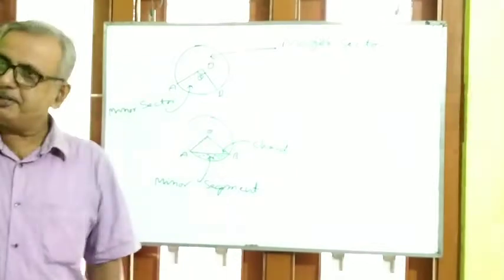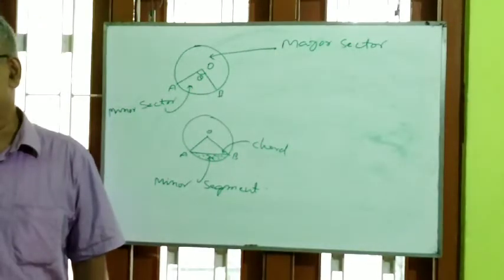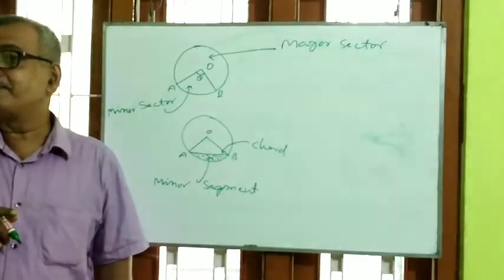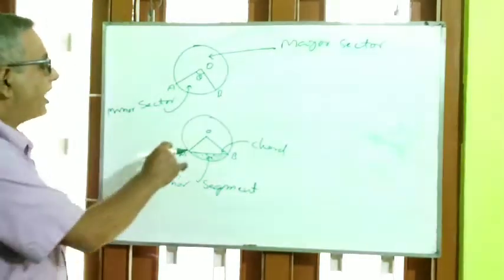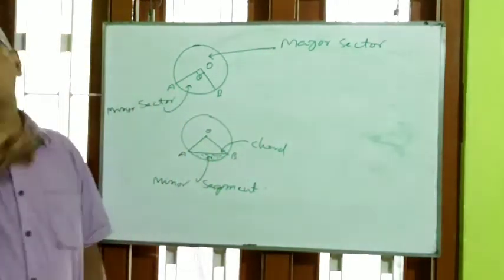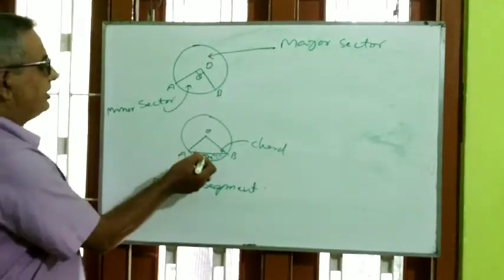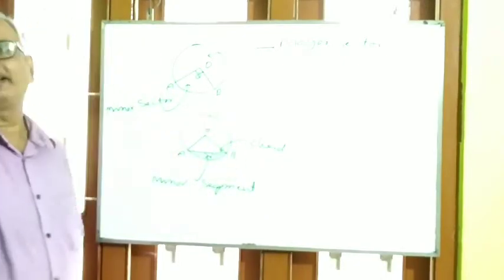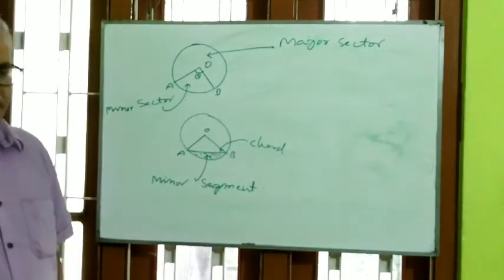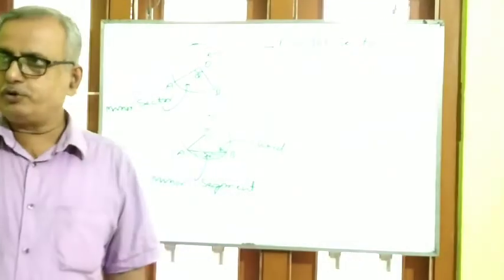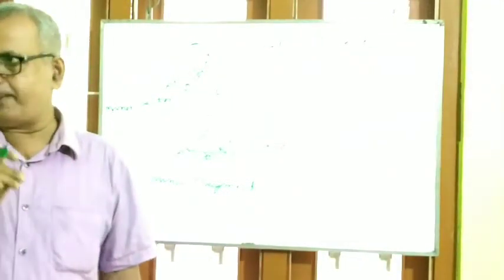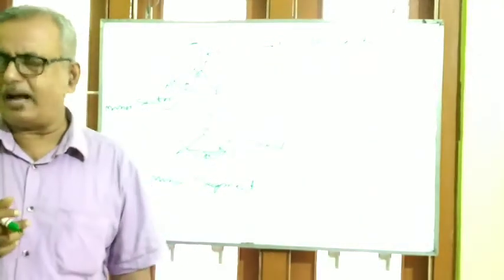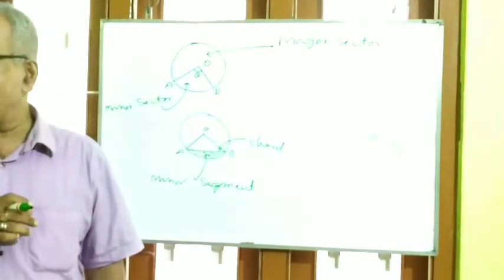And one definition is asked from time to time. What is called a segment? A segment is a region surrounded by a chord and an arc. This segment is surrounded by one chord and one arc. Any doubt? Up to here, two main definitions are coming. Now it will not come what is a circle, because in class 9 also it was. But here two definitions are coming maximum times.